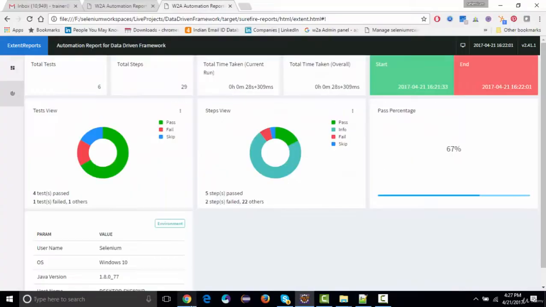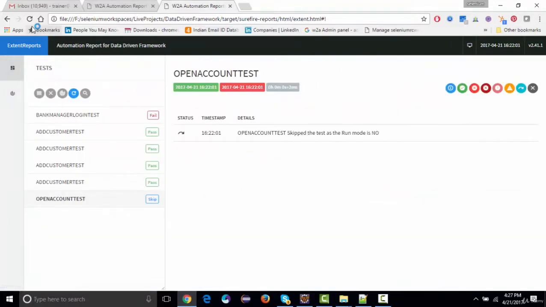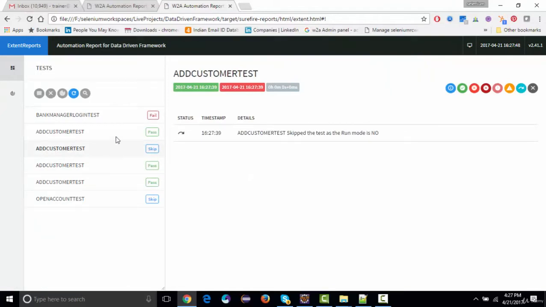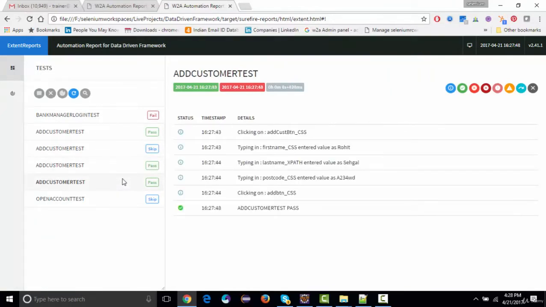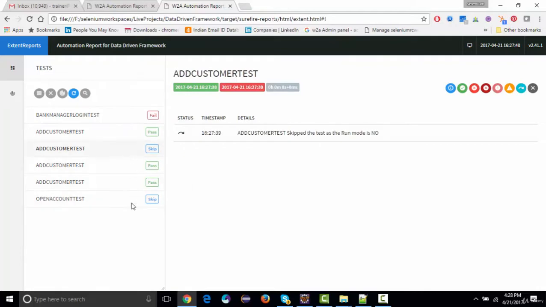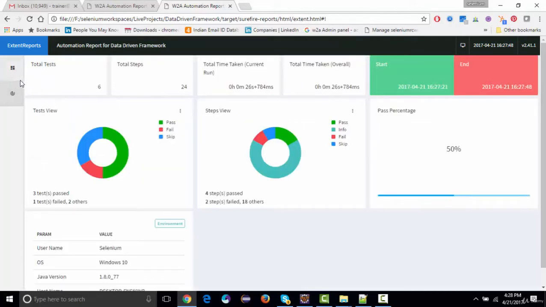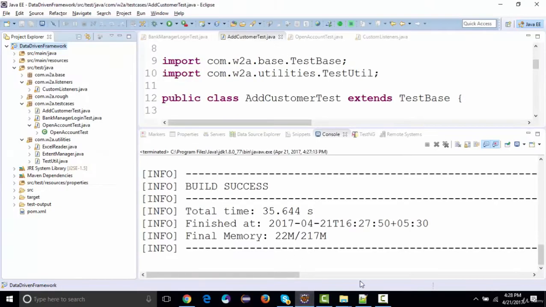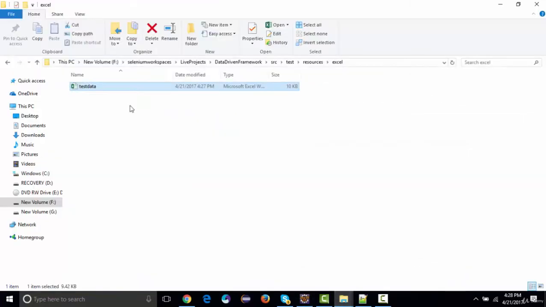So if you go back to the reports, we'll go over here, we'll refresh this, you're gonna see this one is skipped. So this one got executed, right, and these two are skipped now. So this is how we can set up the run modes for our test data as well as for the test case, right? The other thing, if you may have noticed over here, see, I've added a column in my Excel sheet, right? Let's say if I again go back to my Excel sheet,